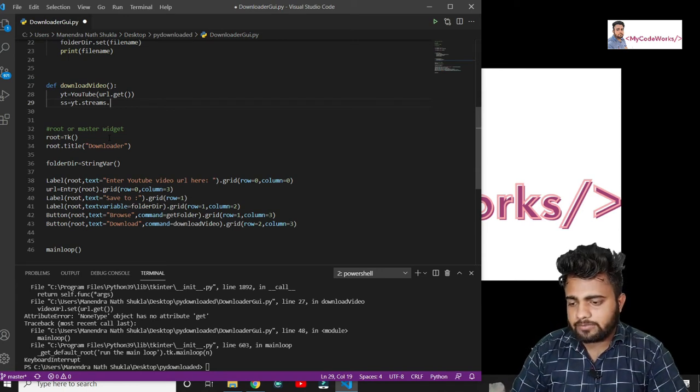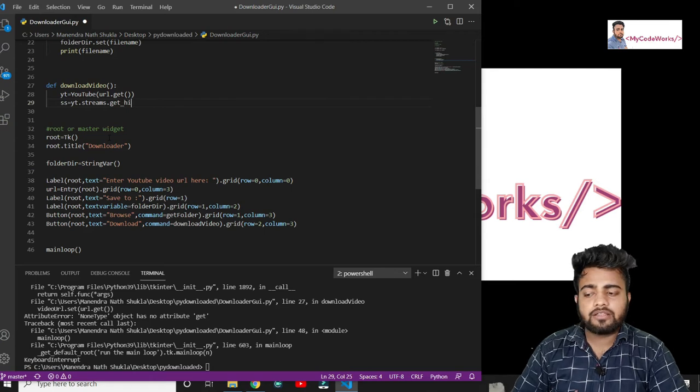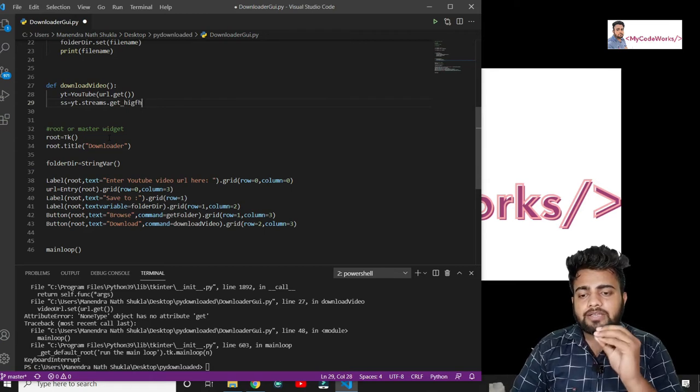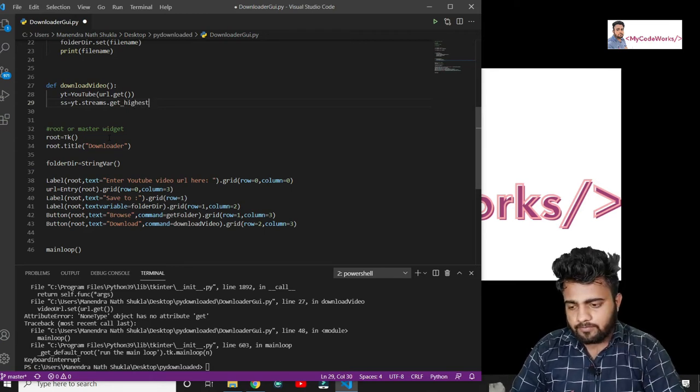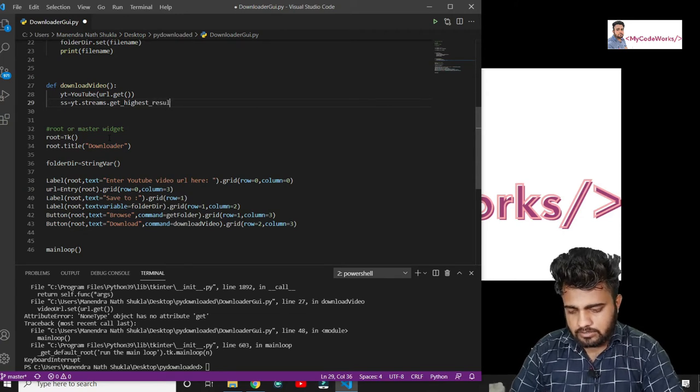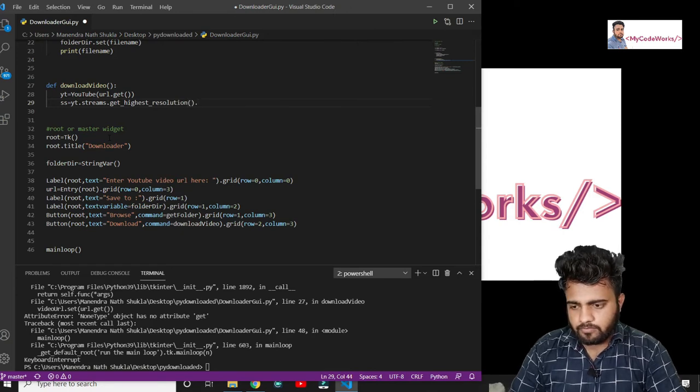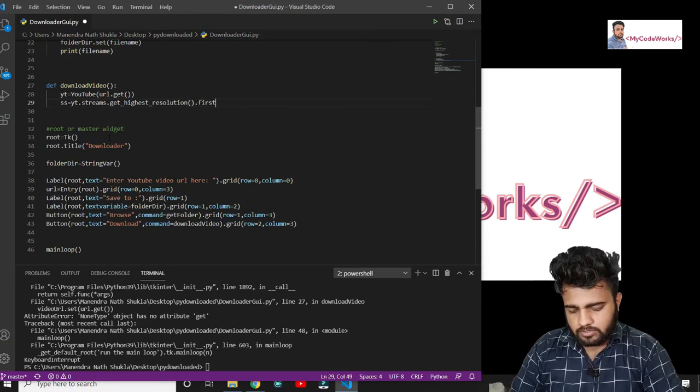In that we are going to get the best, highest resolution, get highest resolution.